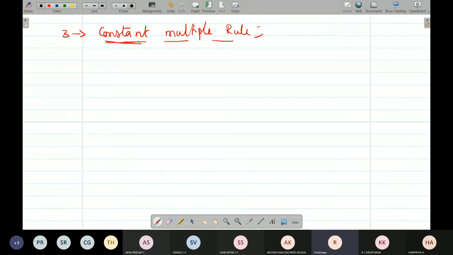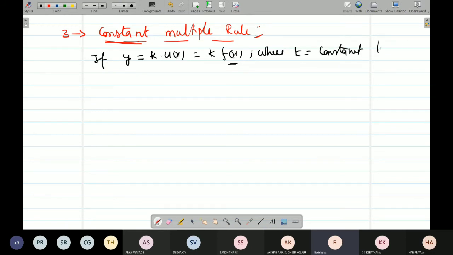If y is equal to some constant k into a function of x, let us say u of x, where u is a function of x, you can also take it as k into f of x. Different ways you can take it, no problem, where k is a constant. Then